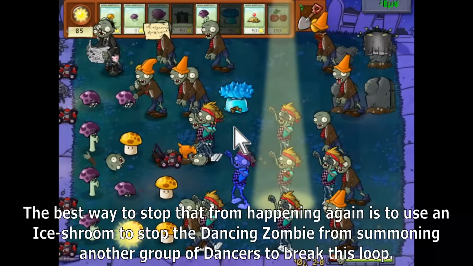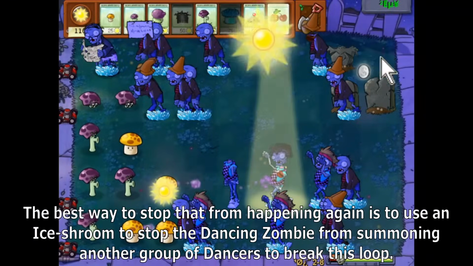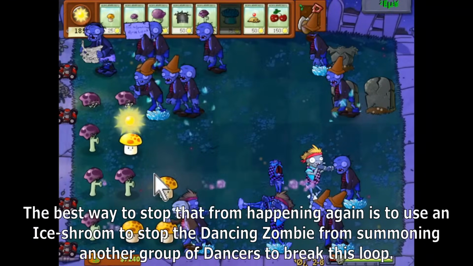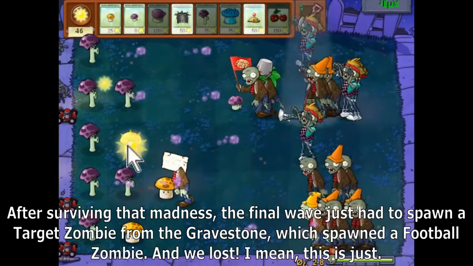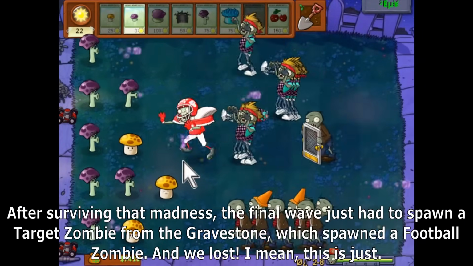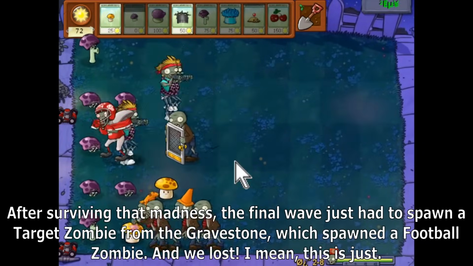The best way to stop that from happening again is to use an ice shroom to stop the dancing zombie from summoning another group of dancers to break this loop. After surviving that madness, the final wave just had to spawn a target zombie from the gravestone, which spawned a football zombie, and we lost. I mean, this is just...